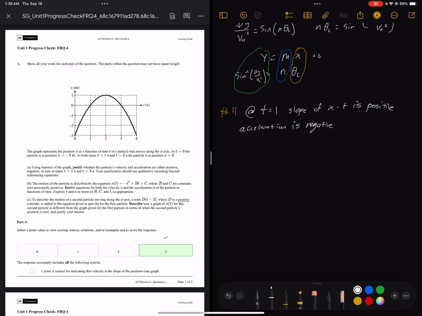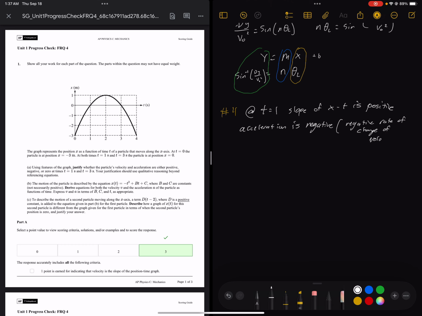The acceleration is still going to be negative, and that's pretty much all there is to it. Another thing you can do is concavity. That's actually what I ended up saying at first, and I'm glad the scoring sheet mentioned that. So I wrote the acceleration is negative because the graph is concave down. In other words, the rate of change of the slope is negative, indicating a negative rate of change of the velocity, so negative, I'll put in parentheses, negative rate of change